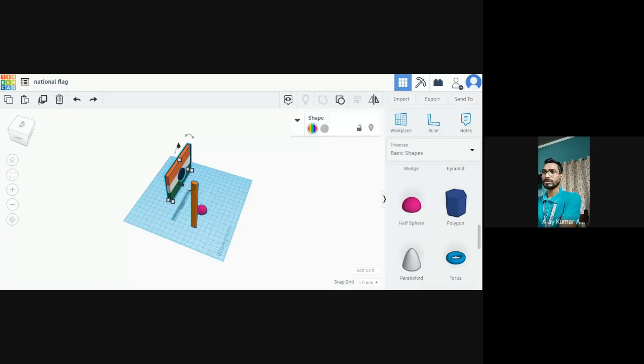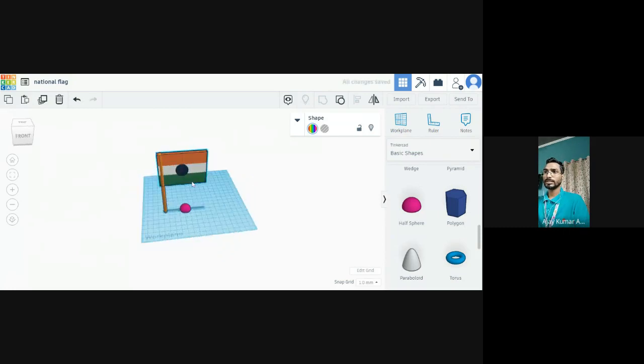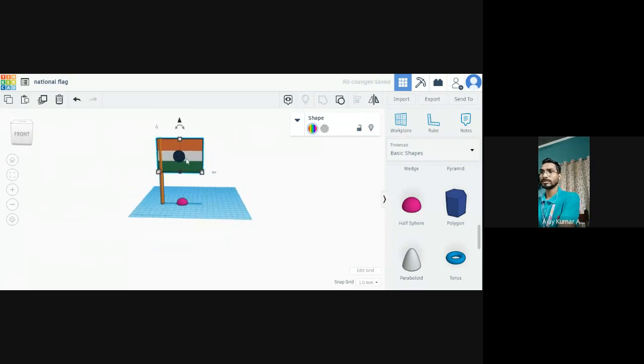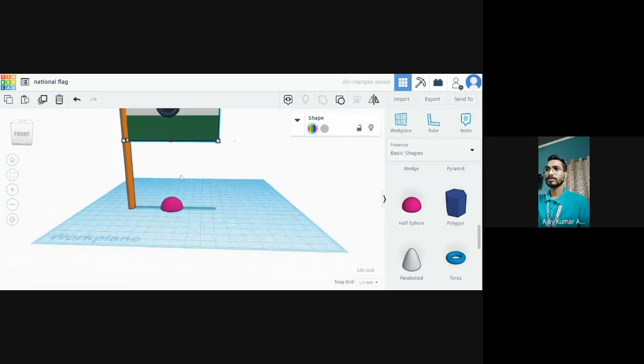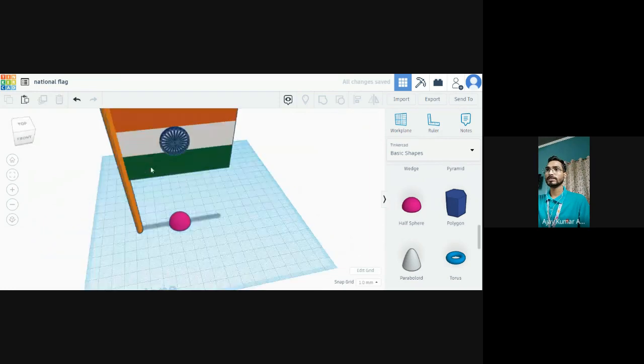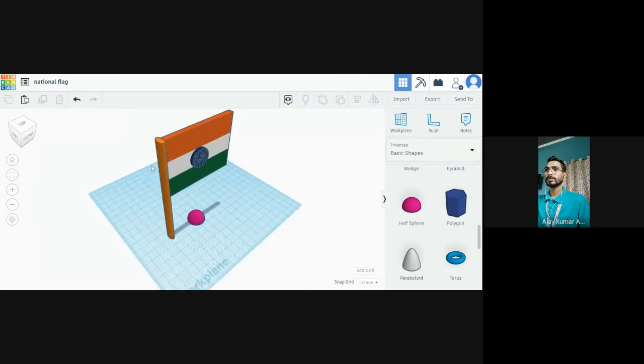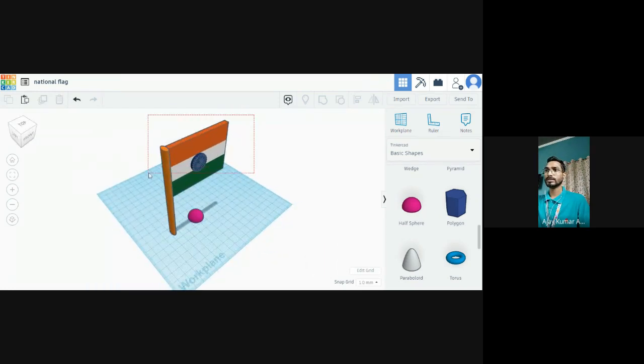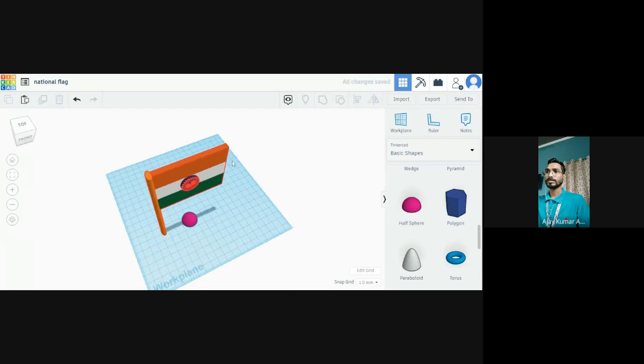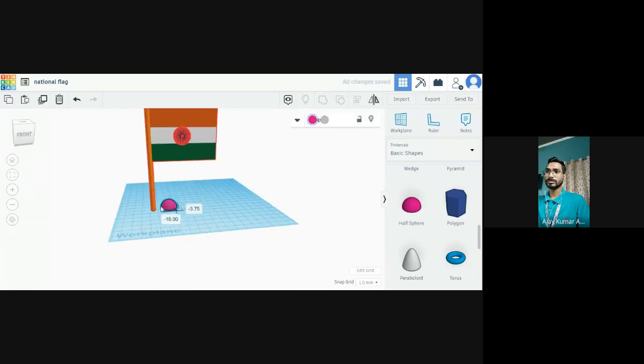This figure is not aligned with it, so you can choose it from here also and make it like this. Just select the figure and group it like this, and drag it to the support of the stand.